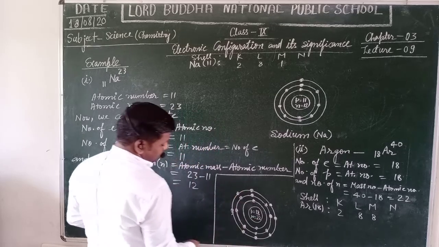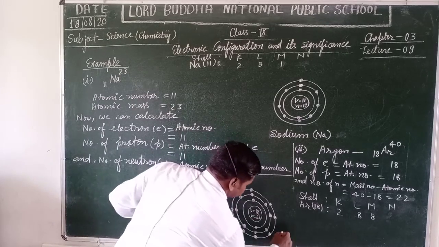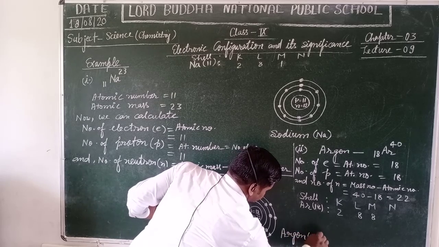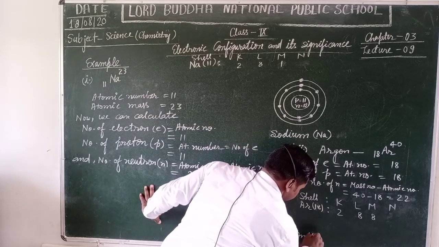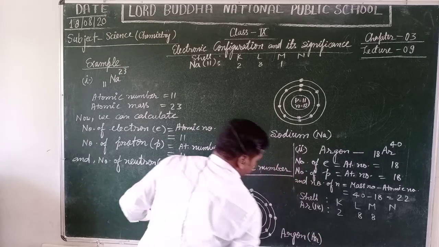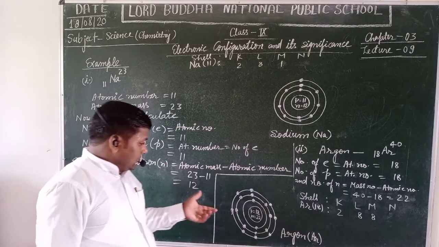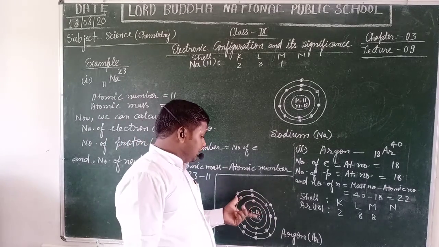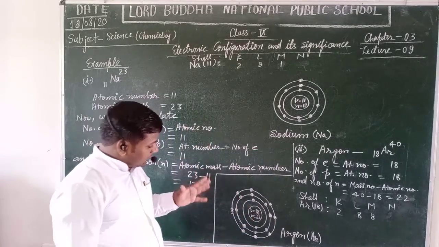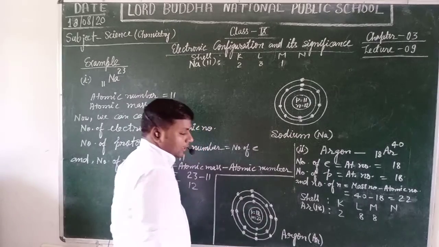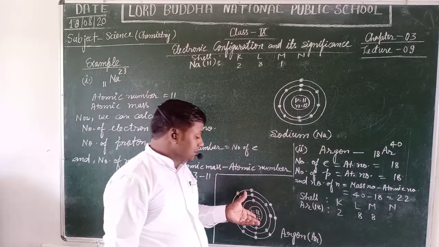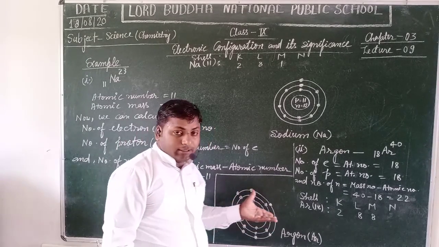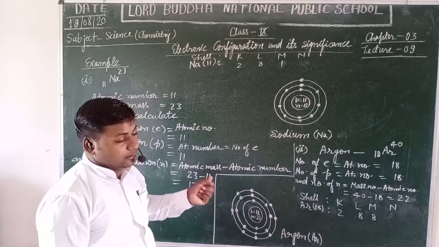Thus, students, this is the atomic structure of argon. Argon, Ar 40. It is a noble gas. It has no valence electron in its outermost shell. That's why they are regarded as noble gases or inert gases, because they are non-reactive. They cannot react with any other kinds of atoms or elements.